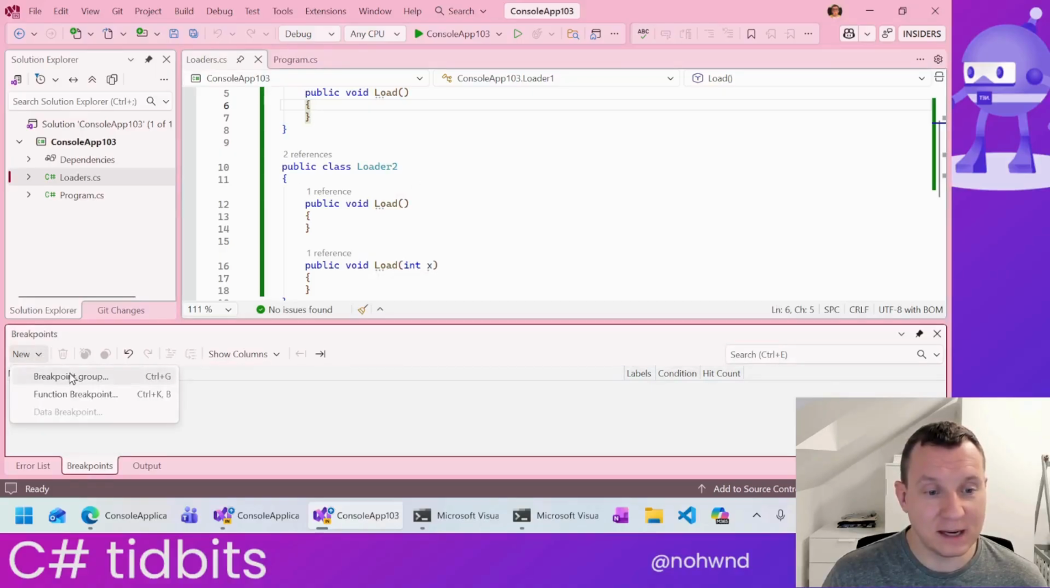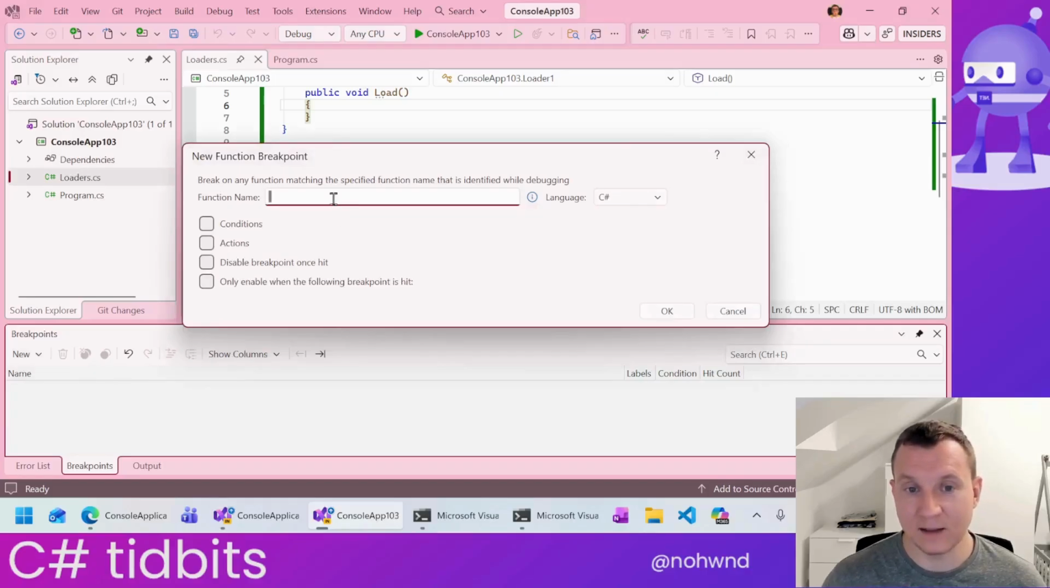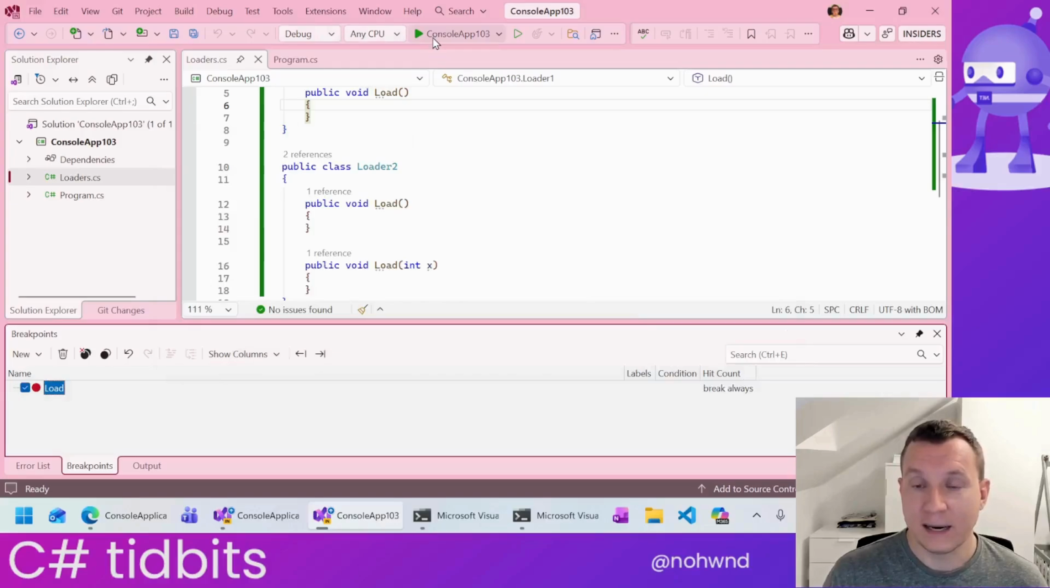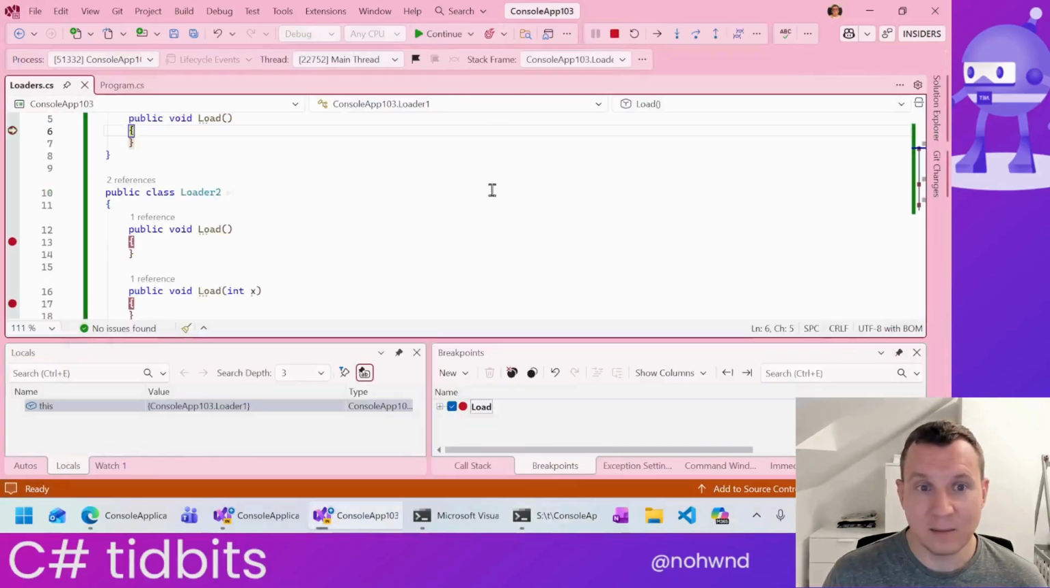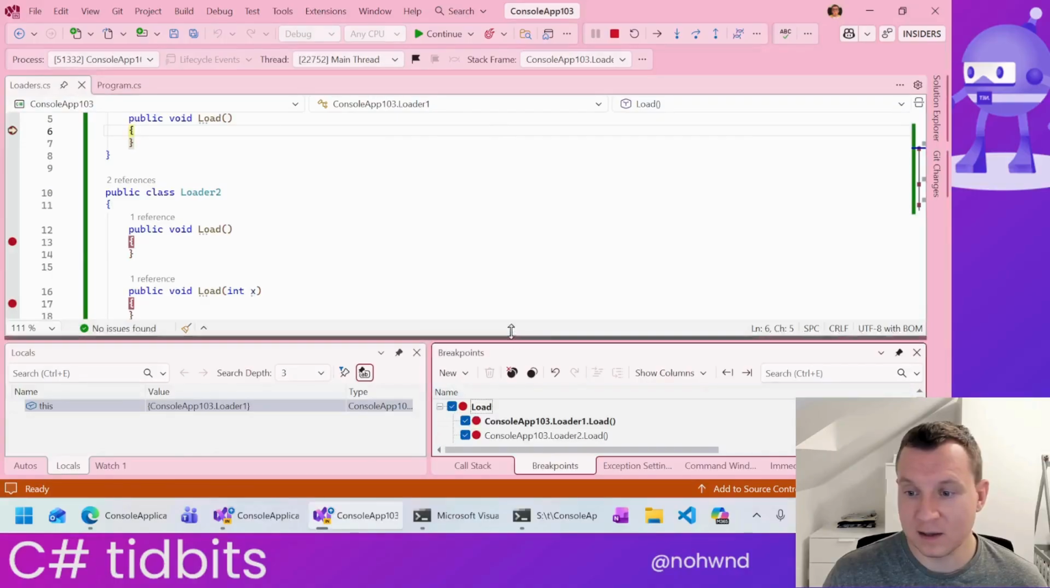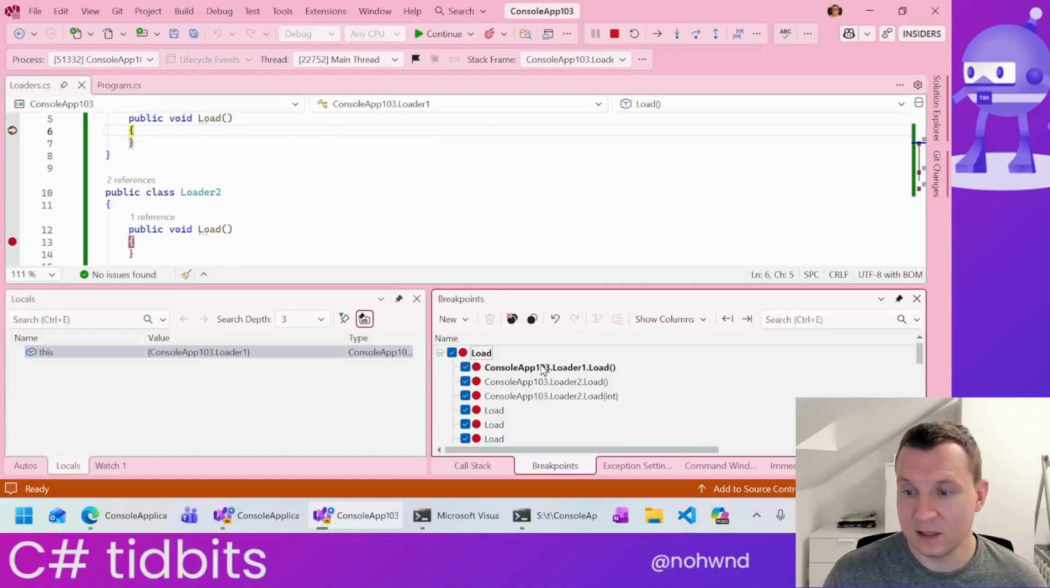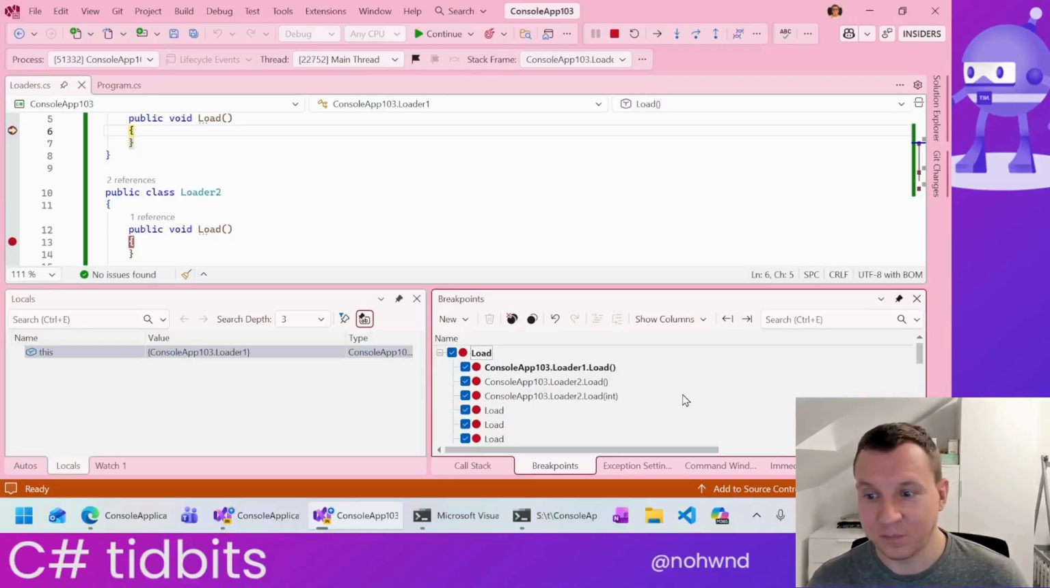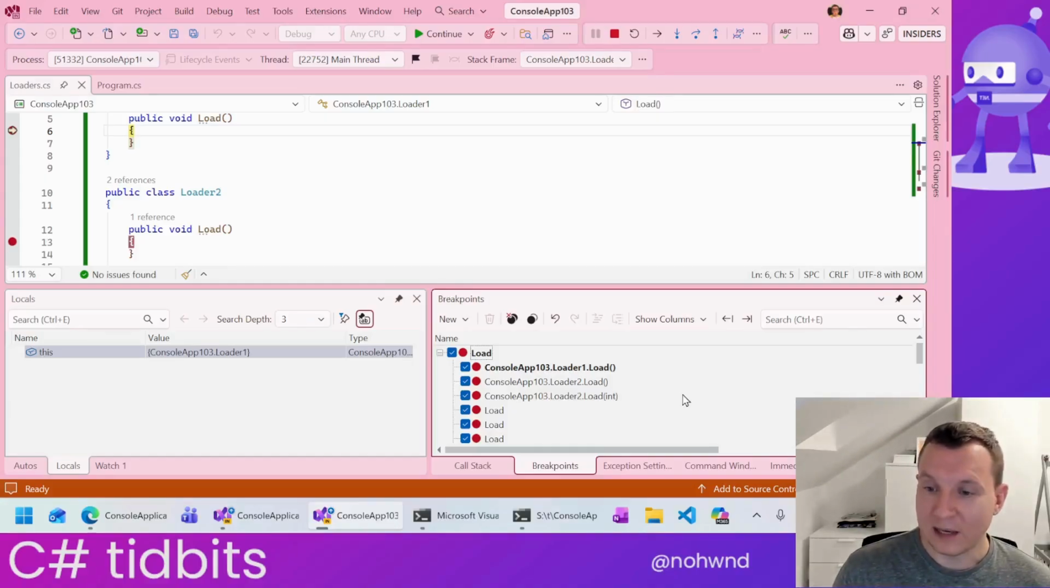Let's see what happens if I create a function breakpoint and add just the load name. I debug this application, it's a new app, and I will see in my breakpoints, if I expand this, that I have 3 different breakpoints attached. In fact, there are way more of them because there are way more methods that are called load inside of the runtime, and I might be running into them. This is not very practical, and you can see that the name was expanded to console app